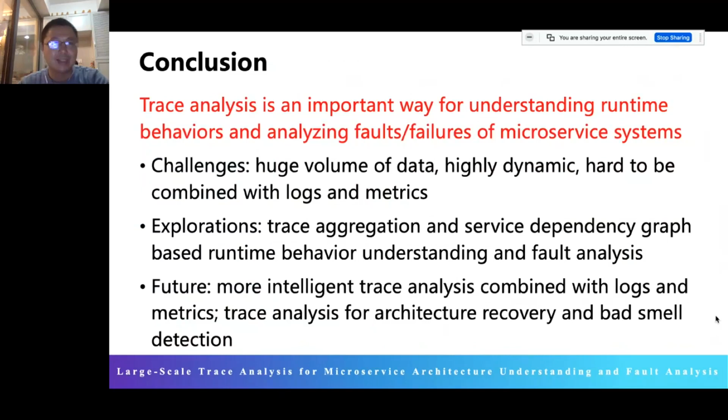So, conclusion: trace analysis is an important way for understanding runtime behavior and analyzing faults and failures of microservice systems. The challenge here is the huge volume of data, which is highly dynamic and hard to combine with logs and metrics. So we did some exploration along this line of work together with our industry partner. And I think in future work, we will try to consider more intelligent trace analysis combined with logs and metrics. And also, we want to use trace analysis for architecture recovery and balance